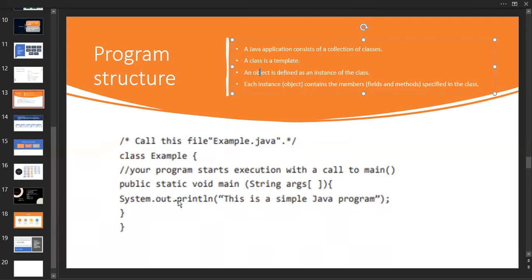What is the statement for printing the values? Inside CPP or C language, we have cout. Cout in the sense we are going to print the values. In the same sense, we have System.out. System is a class name which is available inside Java, and there is an out which is also available inside System. System.out. So this is a common thing. And then println. Println in the sense print in the next line. Ln in the sense a line. So it is going to print the next line. You will get a good idea from this example.